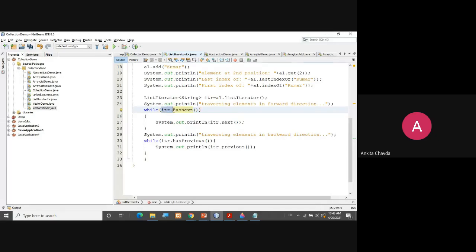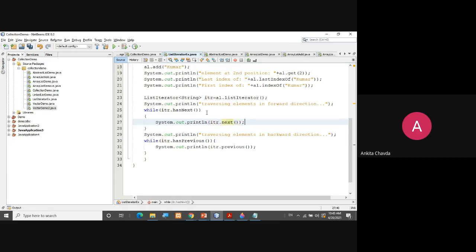So when I write itr dot hasNext, it will check whether the elements are there or not. If the elements are there, then what I need to do, I'll simply print it onto the screen with the method next with the object of itr. So I'll write itr dot next. What will this next method do? It will return you the object as well as move your position to the next element. Okay,